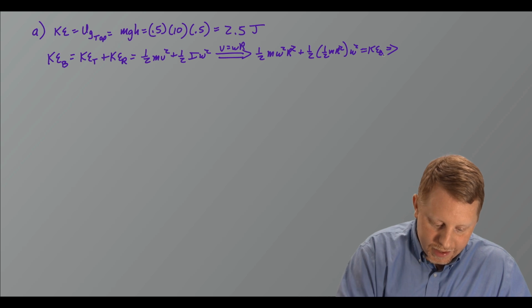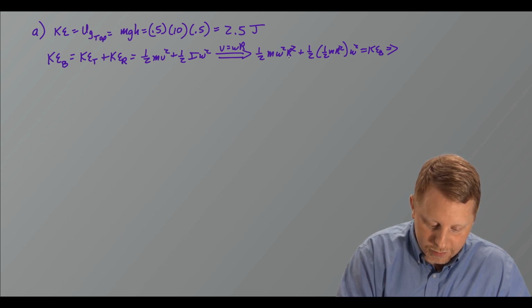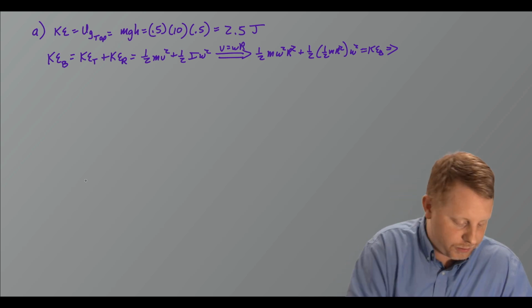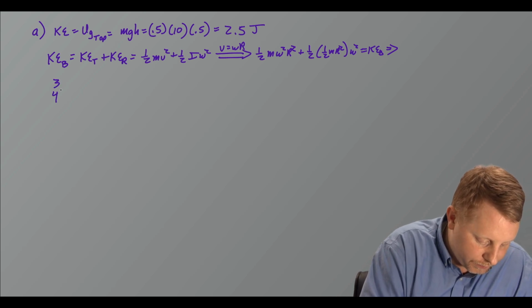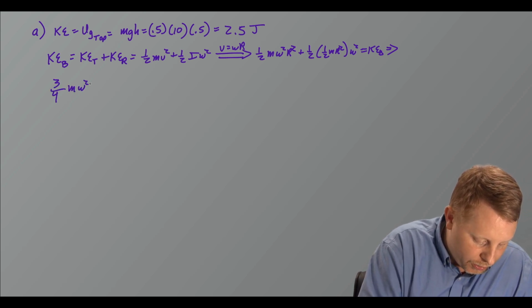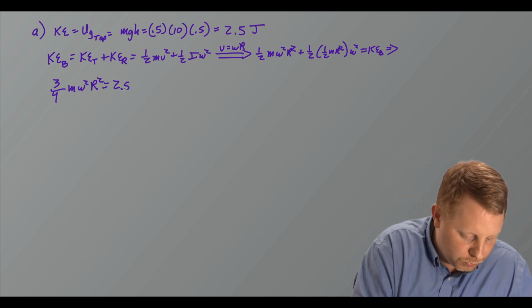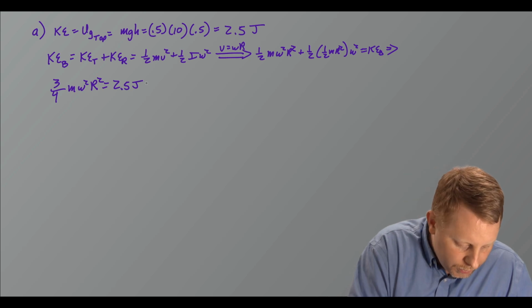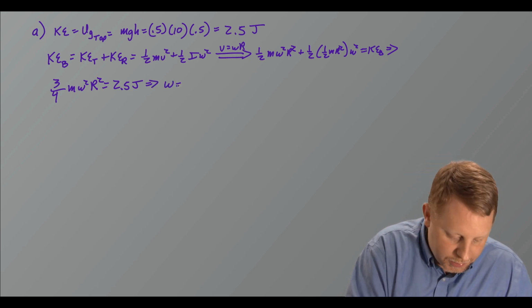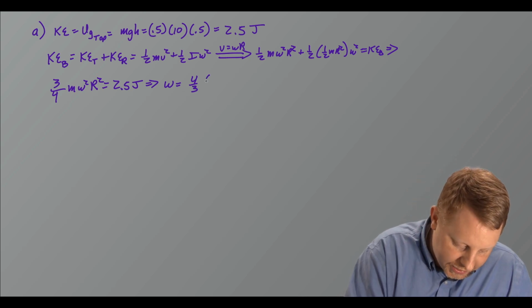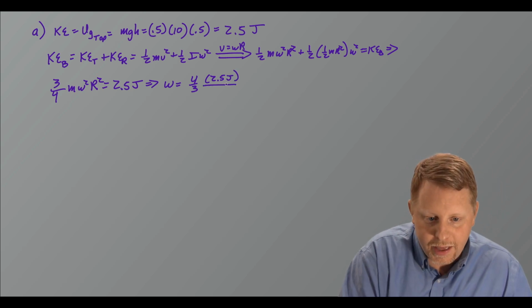This implies then that 1/2 m omega squared r squared plus 1/4 m omega squared r squared equals the kinetic energy at the bottom. Well, that's just going to be 3/4. So 3/4 m omega squared r squared must equal that total kinetic energy, 2.5 joules. Or then, solving for omega squared, that's going to be 4/3 times our total kinetic energy, 2.5 joules, divided by mr squared, which was, let's see here, our mass,